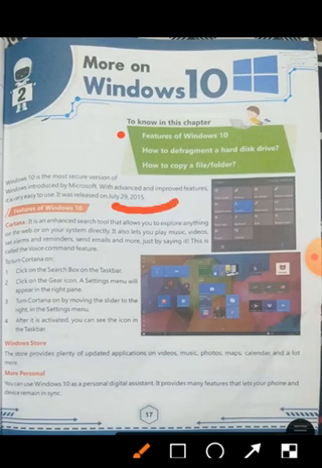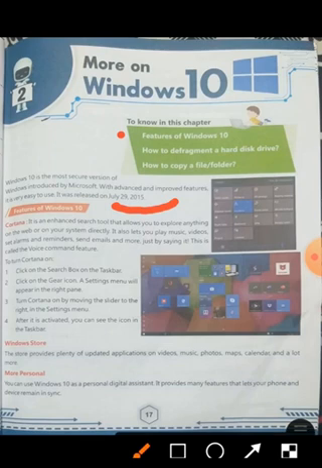First is Cortana. It is an enhanced search tool that allows us to explore anything on the web or on our system directly. It also lets us play music, video, set alarms, reminders, emails, and more just by saying it. This is called a voice command feature. Cortana is a voice command feature.